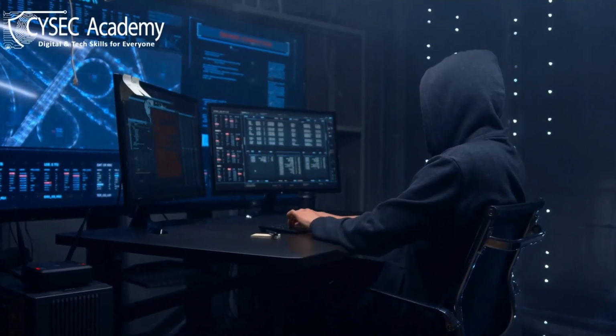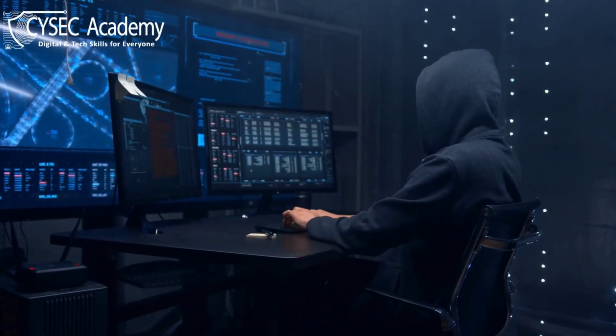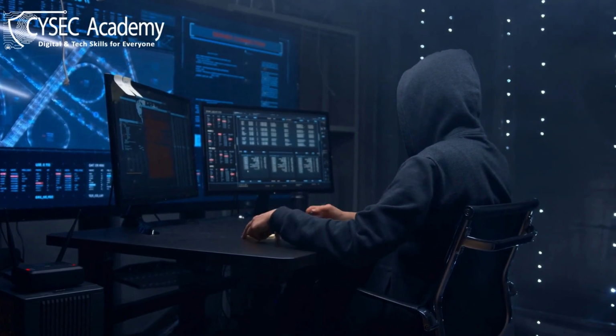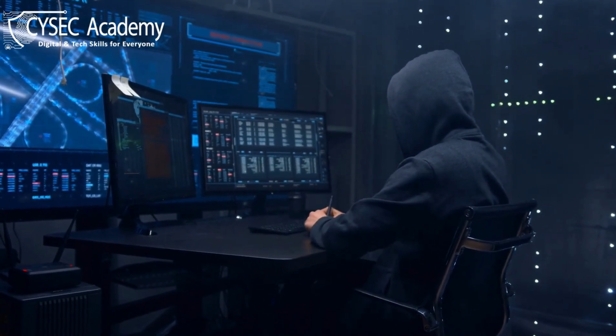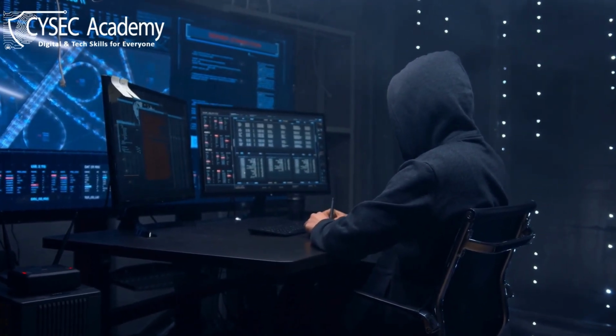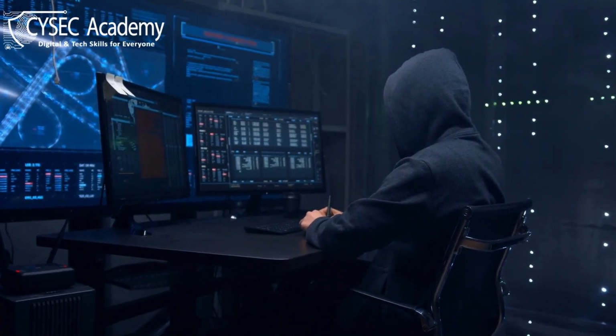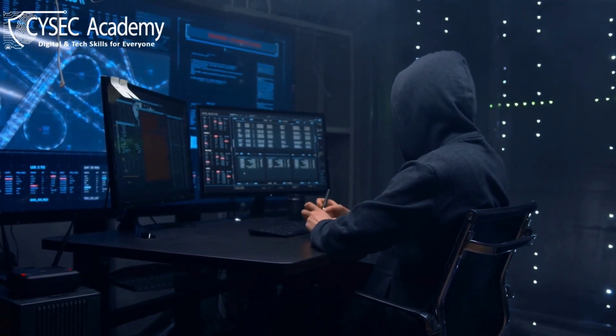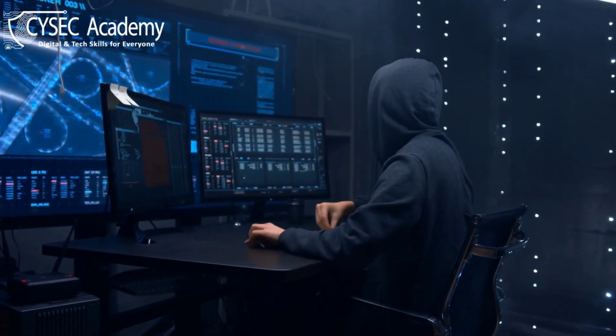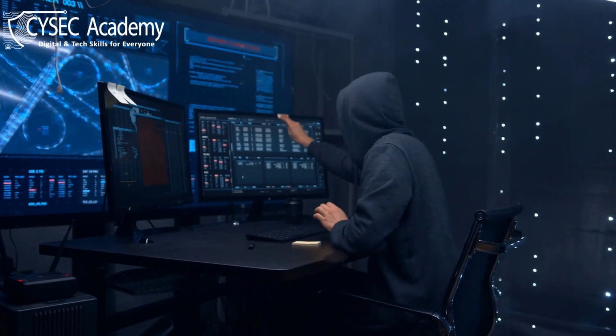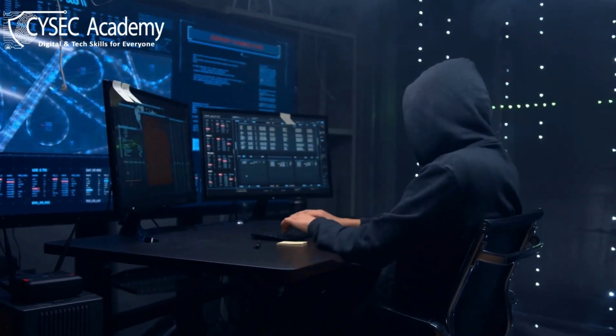In today's interconnected world, cybersecurity has become a cornerstone of digital safety and trust. Before one can defend against cyber threats, it's important to understand how attackers think and operate ethically and responsibly. This course introduces you to the principles of ethical hacking, setting the stage for your journey into the world of